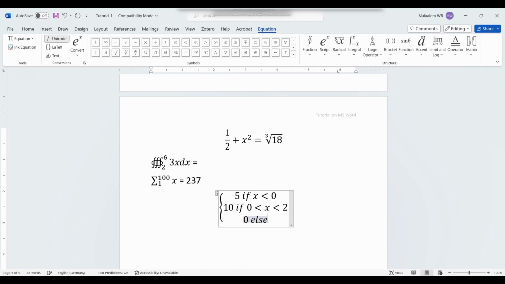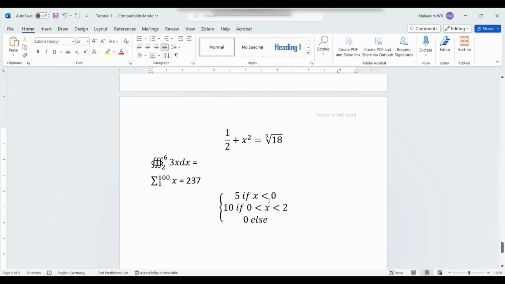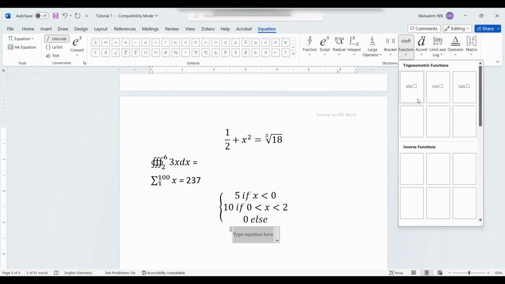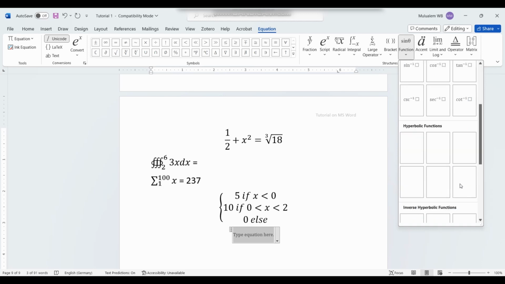I will say else, just otherwise. So I can have such kind of listings in equations. We can insert such kind of equations, or we can have some kind of functions. This is just to insert sine function, cosine function, sec, cosec, cot, inverse function, sine inverse, cos inverse, tan inverse,